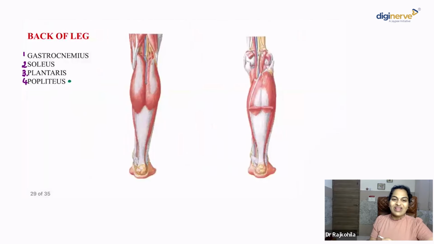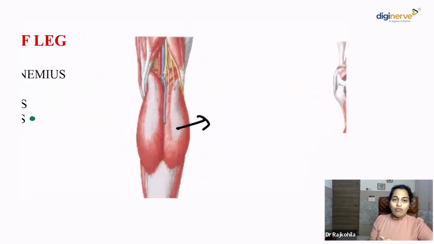Coming to the back of the leg, the calf muscles. The one that you see here is the gastrocnemius, the medial and lateral. How to figure out which one is medial and which one is lateral? So this is the region of the popliteal fossa. You get to see the popliteal artery, the popliteal vein in blue. The yellow, what is that? This one straight, this is the tibial nerve.